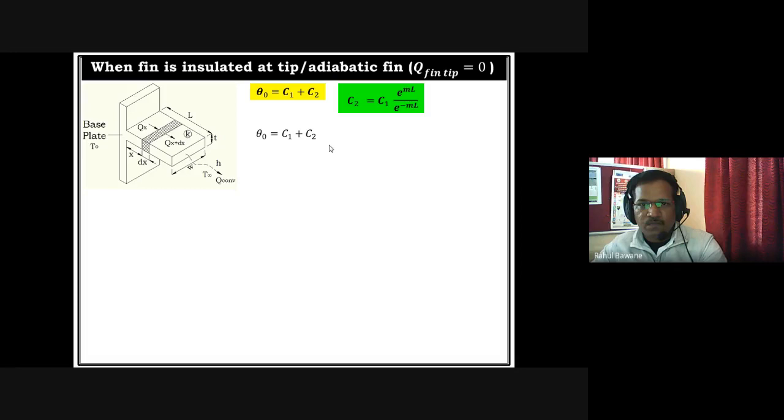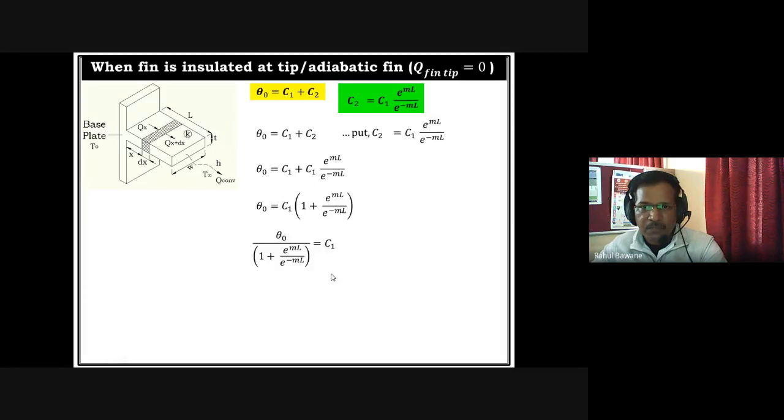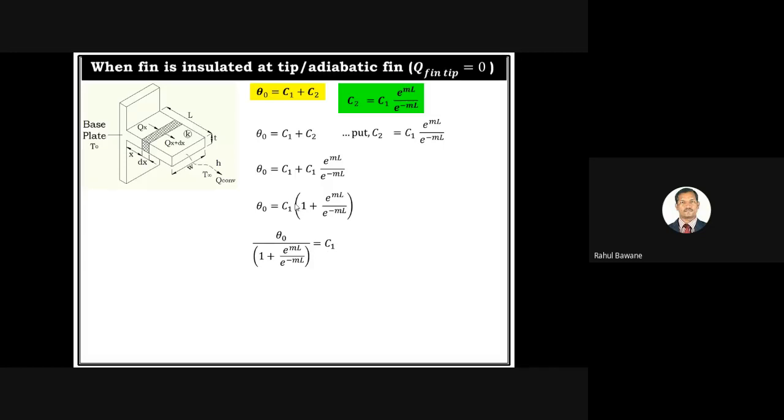So till now we have the theta 0 relation, C1 plus C2, and C2 in terms of C1. Now theta 0 is C1 plus C2, whatever value we obtain for C2, we will put here. So theta 0 is C1 plus C1 e raised to the power mL upon e raised to the power minus mL. Simplifying this, C1 will be common, so 1 plus this. Then we will find first C1. So we shift this bracket to the left hand side. So C1 will be theta 0 upon 1 plus e raised to the power mL upon e raised to the